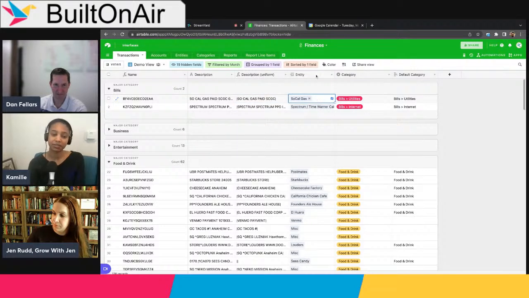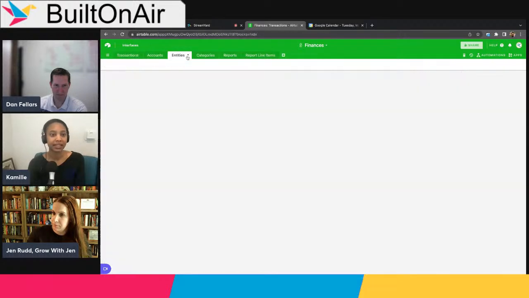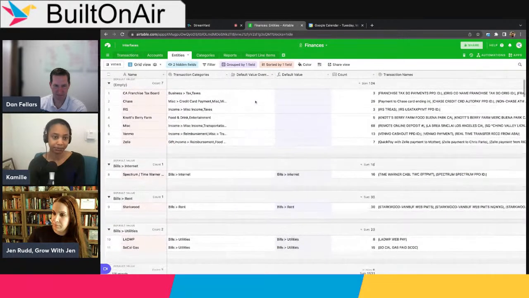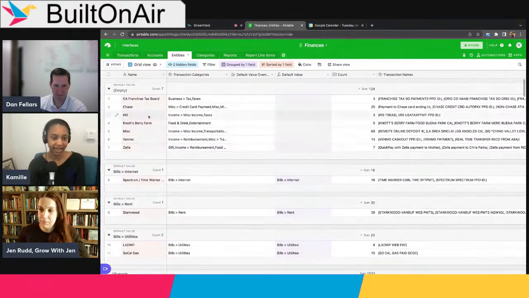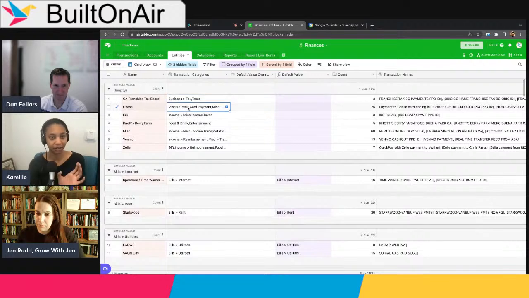And then I have a linked field to a table called entities. Entities are the vendors that I buy things from. So in this case, SoCal Gas or Spectrum for my internet, that kind of stuff. And then if I go to my entities table, you'll see each entity is its own line item. I have a roll up that's pulling in the types of categories that the transactions for that entity have been logged in. You'll see Spectrum has only ever been logged for bills and internet because